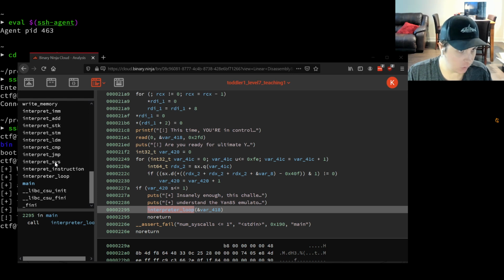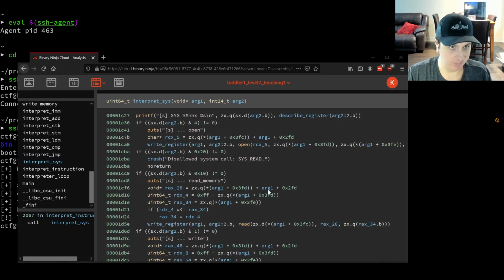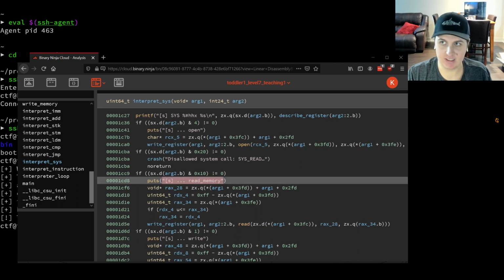The syscall handler within YON85 is where syscalls ultimately come from, right? This is interpret sys. So something you really want to look at is exactly how this read memory works, right? Because this read memory syscall,